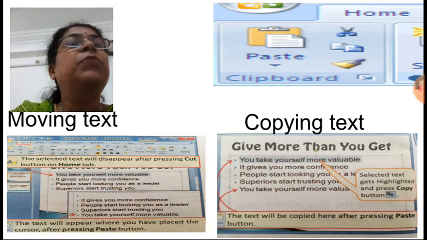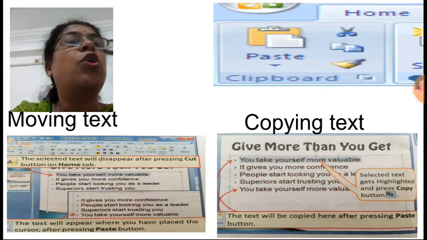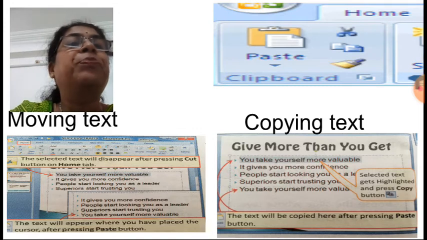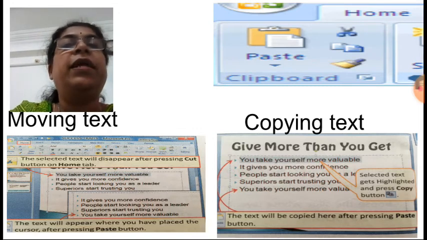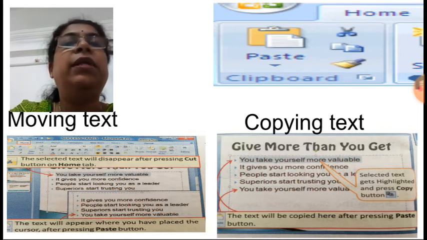After that, from the home tab clipboard group, you have to select either the cut option for moving the text or the copy option for copying the text. And at the desired position you place your cursor, and there you can move the text by cut and paste, or you can copy the text by copy and paste option.